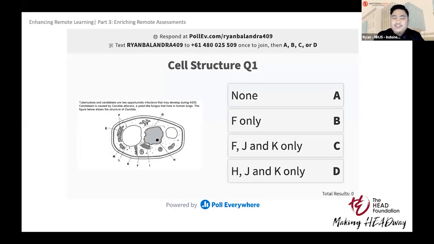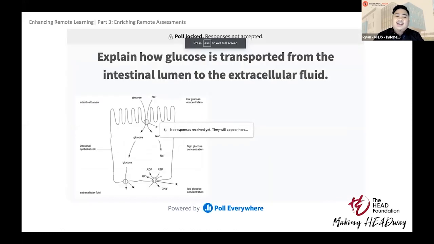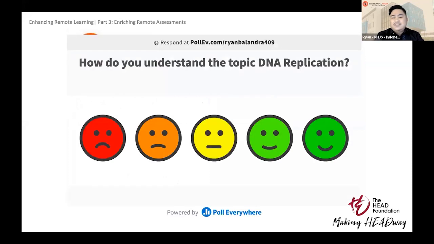You can also insert a picture, and then insert a question, and the choices are clickable. Another thing where I use open-ended, again, I can attach a picture, because biology has a lot of processes. That's why I use a lot of pictures in my assessment, so they can actually answer this. And also, you can use this to check their emotions, not the emotional part, but the way they understand. This one can also serve as a reflection for us teachers on how we did